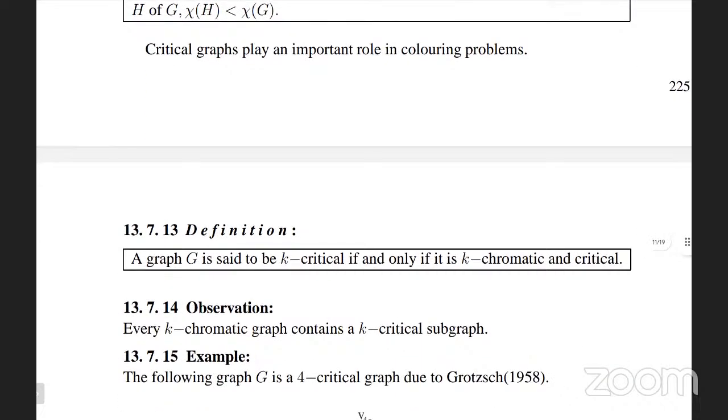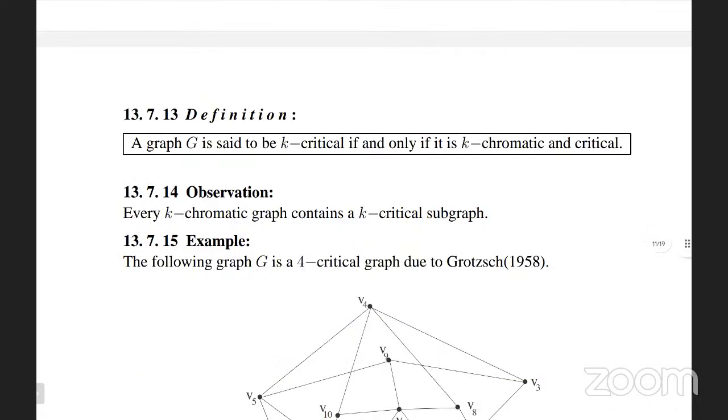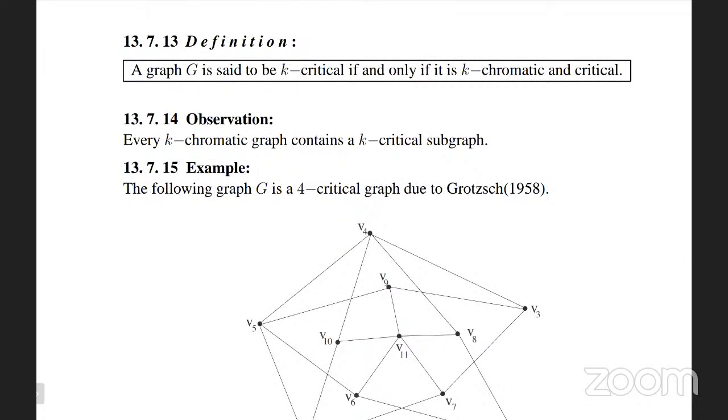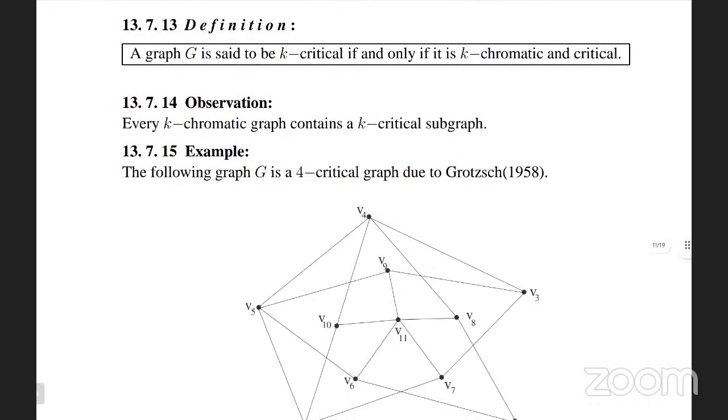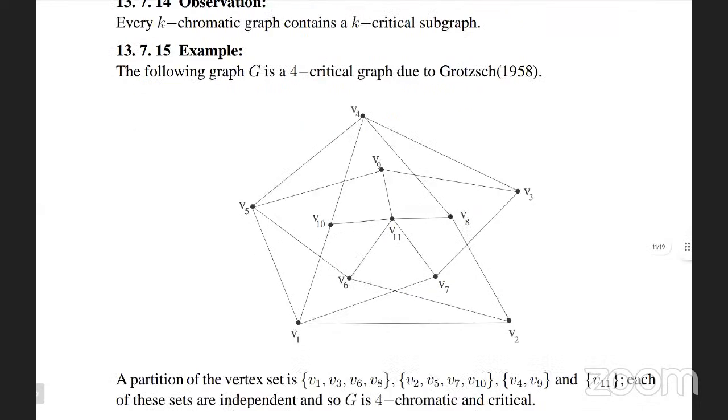Next is k-critical. This is another definition. A graph G is said to be k-critical if and only if it is k-chromatic and critical. K chromatic means k groups exist. Then it is called k-critical. Here, 4-critical graphs should be